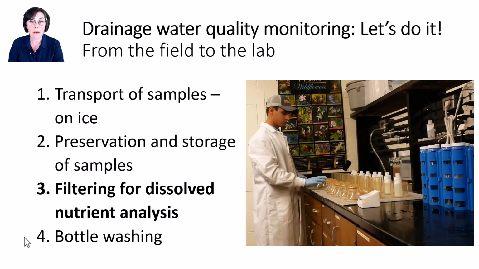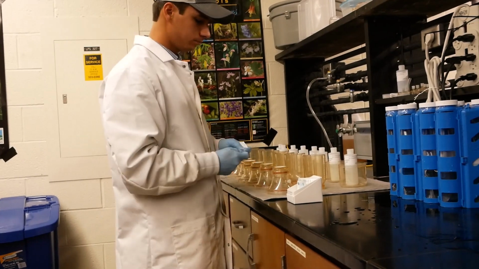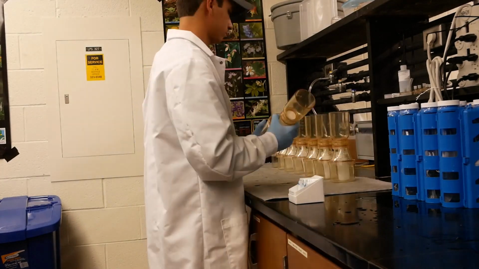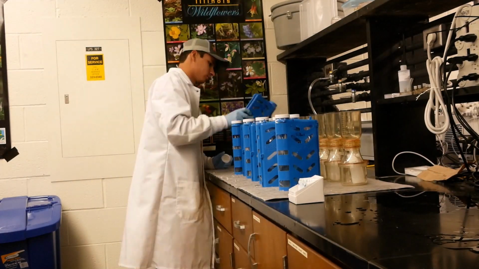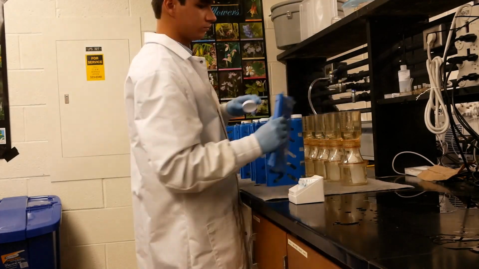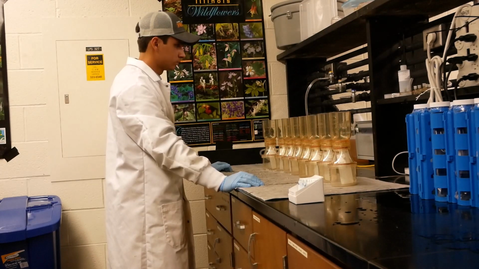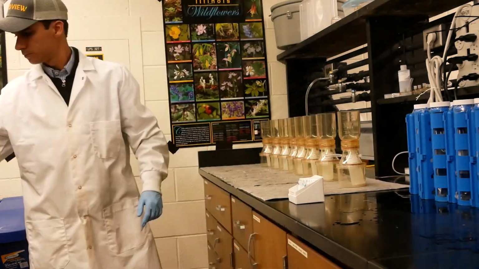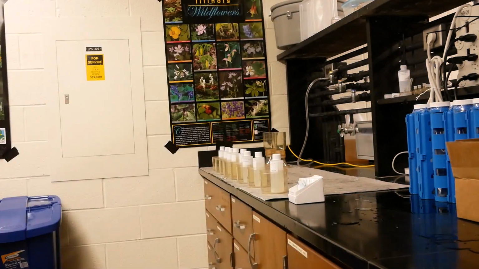Once we're back in the lab, we filter our water samples as quickly as we can and always within 24 hours. We filter because we're interested in the dissolved form of nutrients for most of our tile drainage studies. Samples collected for analysis of total phosphorus or total nitrogen do not get filtered. So if you want to analyze for both total and dissolved phosphorus, for example, you would want to collect enough sample to split the sample, or you would need to collect 2 separate samples. If you're interested in total suspended sediment, there are additional steps like weighing, drying, and re-weighing the filter paper to know how much sediment has filtered out.